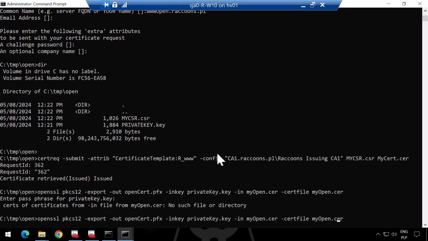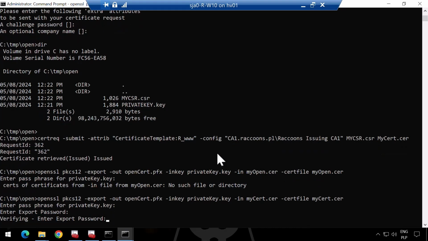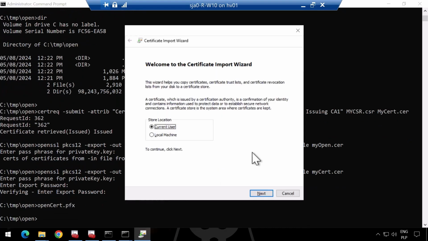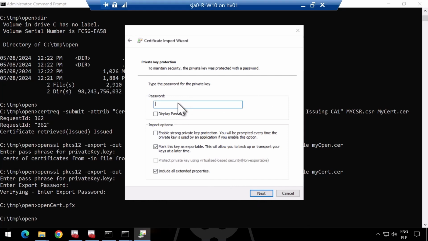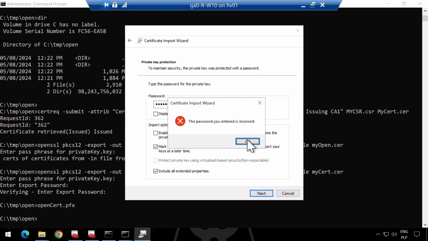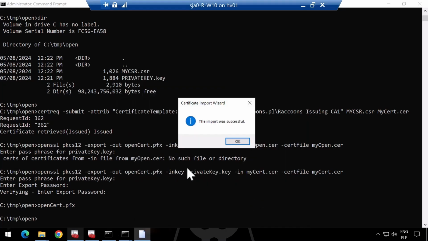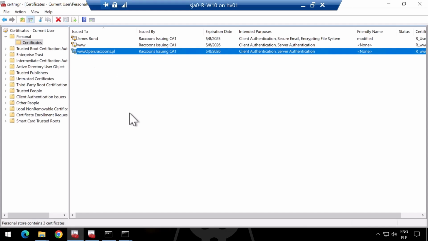And my cert. And here as well, my cert. And let's create it one more time. And here we go. So now I have my open cert PFX, which I can import again into my system, mark it as exportable. And then, of course, next, finish, I should see this one as well here as a www open raccoons.pl, which